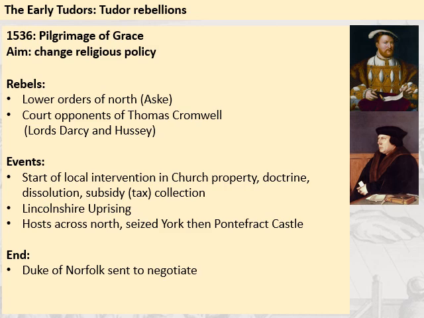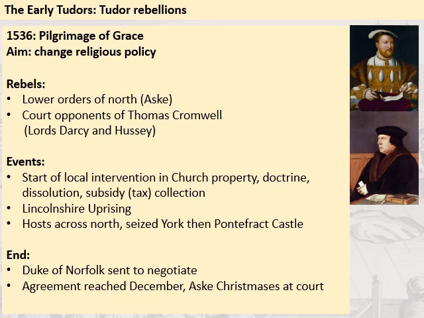Cromwell was seen as an upstart, somebody from the lower orders. Howard has Plantagenet heritage, is a leader of the conservative faction at court, and is respected in the north. In his negotiations, Howard, working with Henry's approval, offers a truce to the leader of the pilgrimage, Robert Aske, who is given safe